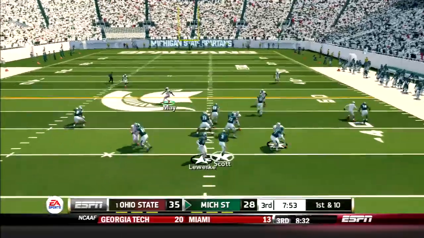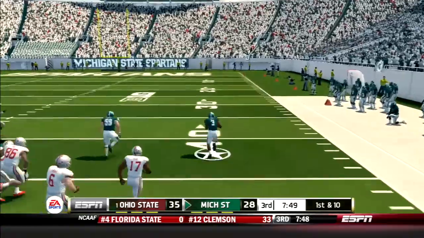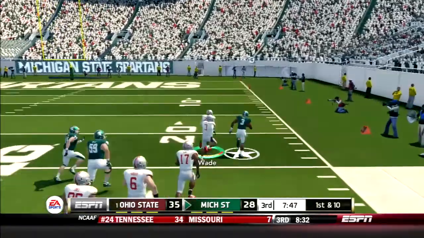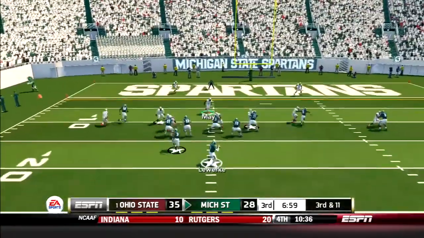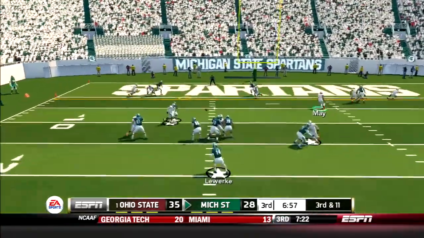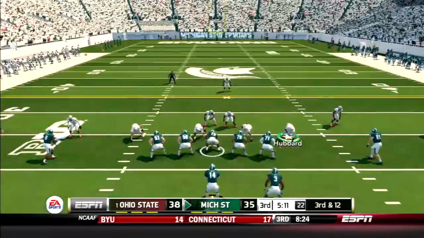Spartans get the ball to start the third. LJ Scott takes the handoff. He hits the hole on the right, gets a block, uses a stiff arm on Ward, and has nothing but open field. He's finally pushed out after a 49-yard gain. Then Lewarke connects with Davis for the second time in the end zone for the touchdown. We are all knotted up at 35.